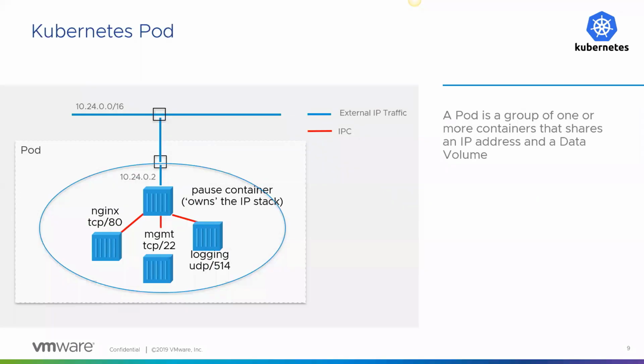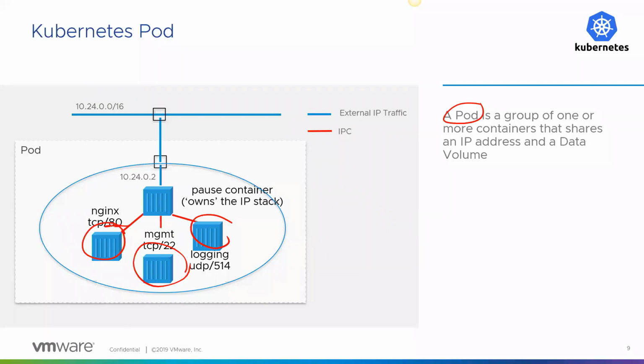But from Kubernetes perspective, it's about deployment. What Kubernetes deploys is something called a pod. A unit of deployment is known as a pod. A pod can have 1 container in it, or it could have multiple containers in it. So going back to my example of this rating application, my rating application maybe is exposed through some API over port 80, or maybe it's even a web application itself. So it's running through Nginx.